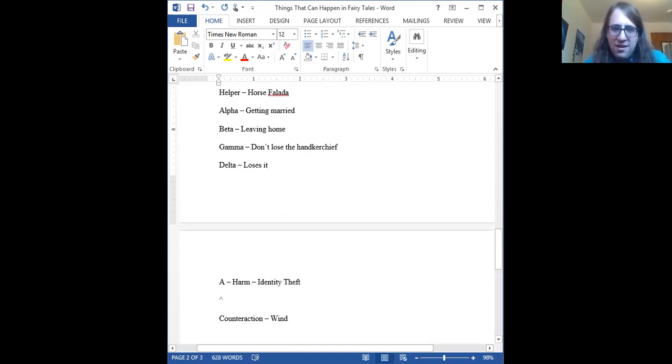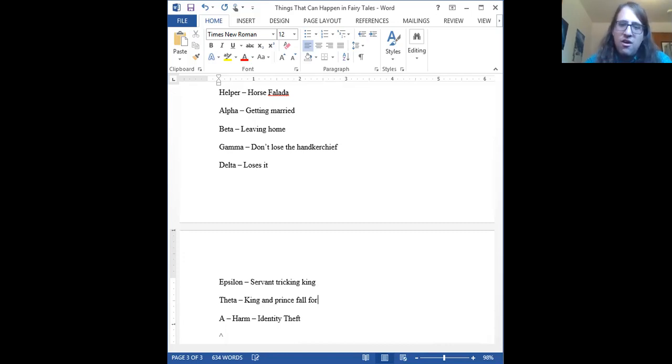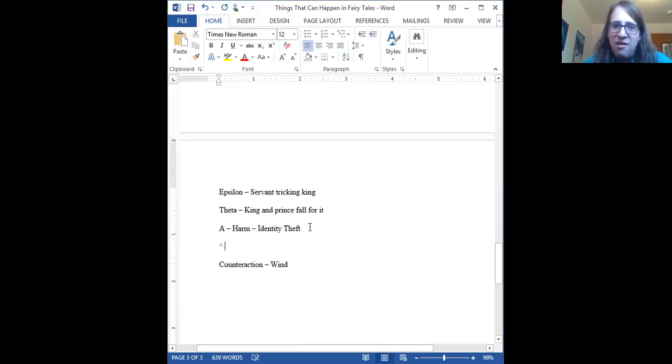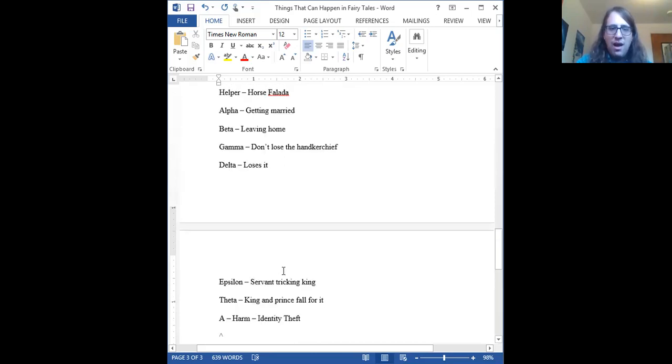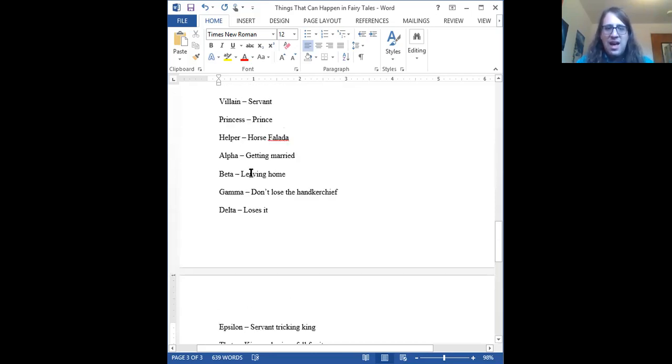Epsilon is trickery. Like we said, the villain tricks somebody. This is the servant tricking the king. And theta, king and the prince fall for it. So all of that leads very nicely to the harm, which is the complete identity theft and the theft of her marriage, basically, that she was going to marry the prince. So it's been stolen from her. Okay, so now we have letter A. Letter B is